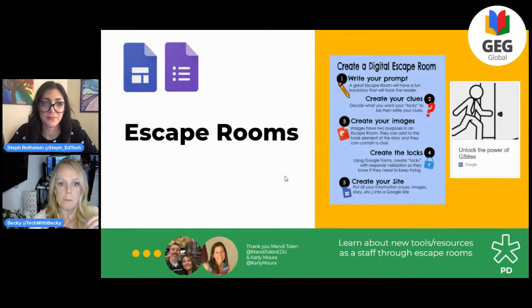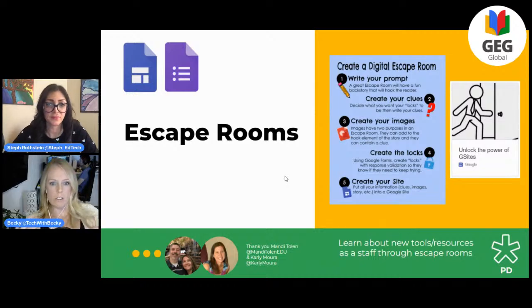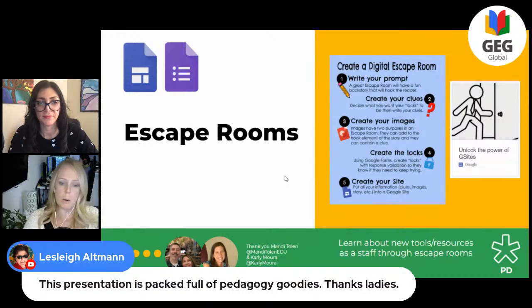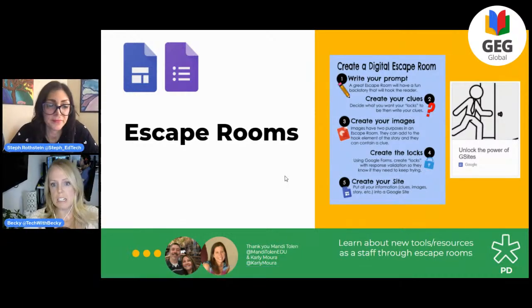What I love about it is that you could actually have staff engage in an escape room to learn how to use a new ed tech tool or to learn a new concept as a staff. It's a lot more fun than just sit here and I'm going to walk you through how to use Google Classroom. Instead, it's go through this escape room, and by the end of it, you have now taught yourself or your team how to use Google Classroom because you unlocked all the clues. As you were playing this game, you were learning. So use them with staff, and there's instructions on how to create your own.